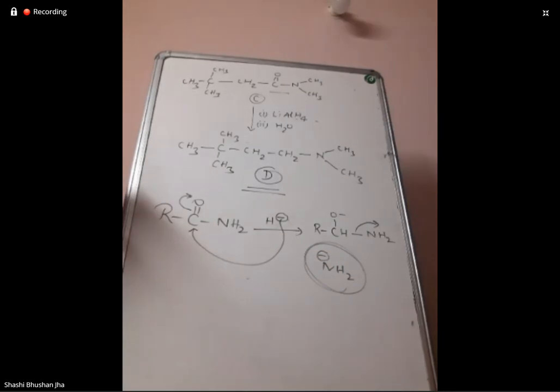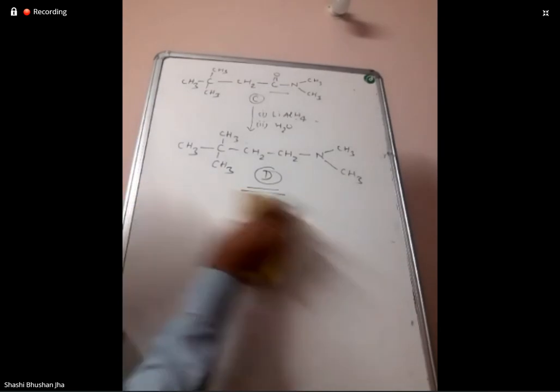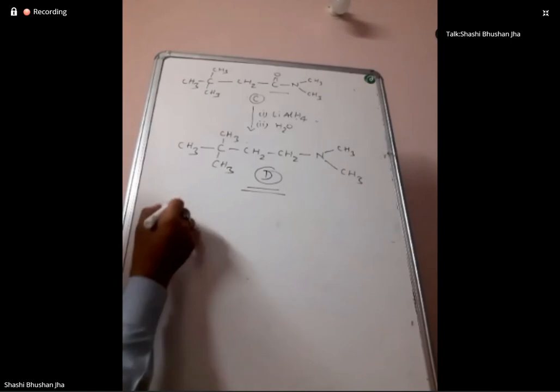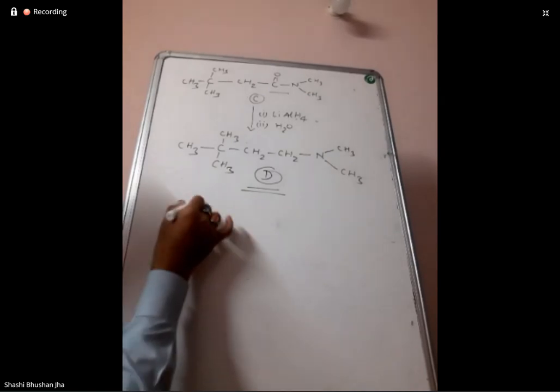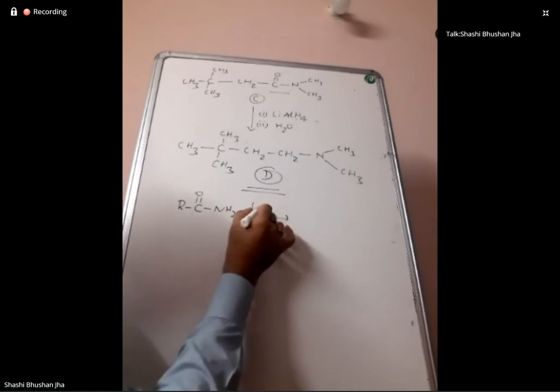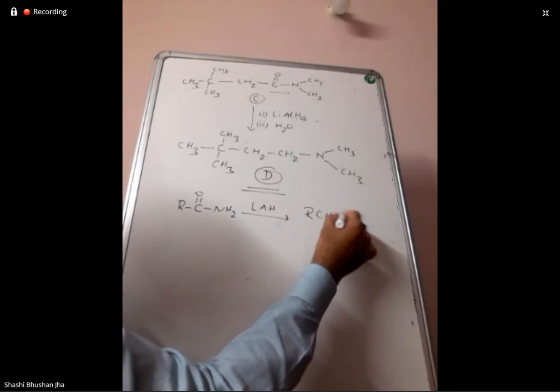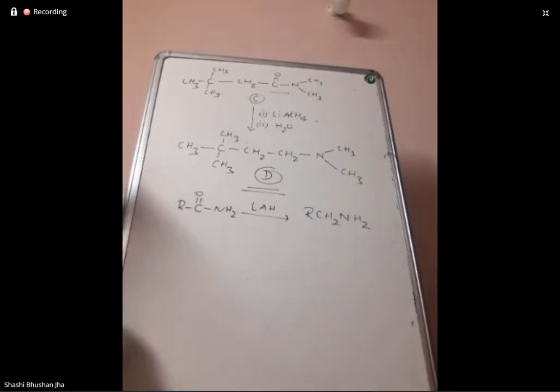Okay, sir, understood. Amides are very, very strong base. They do not behave as leaving group. When amide RCONH2 is reduced with lithium aluminum hydride, this is a method of preparation of amine. Once you revise it,